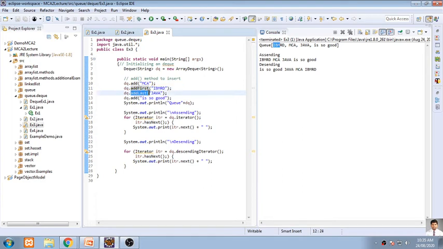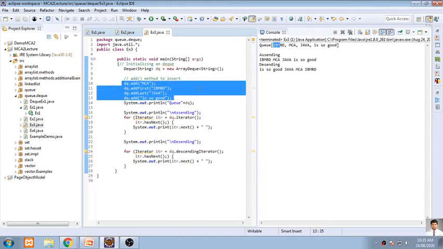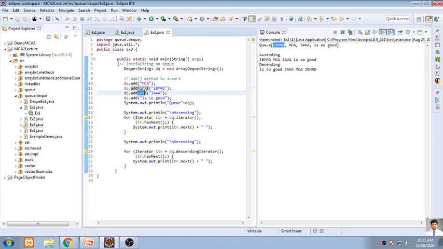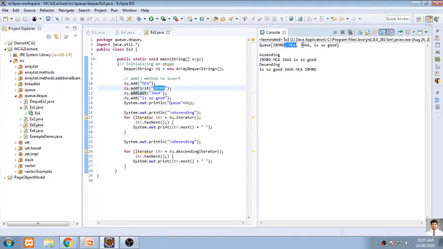And when I have gone for add last, Java is added at the last. So though we have written it like this, the output is somewhat different. This will be displayed first. So just remember that we are using add first and add last, and that's why this output is somewhat different. So IBMRD is first, then MCA, then Java, because Java is added last.